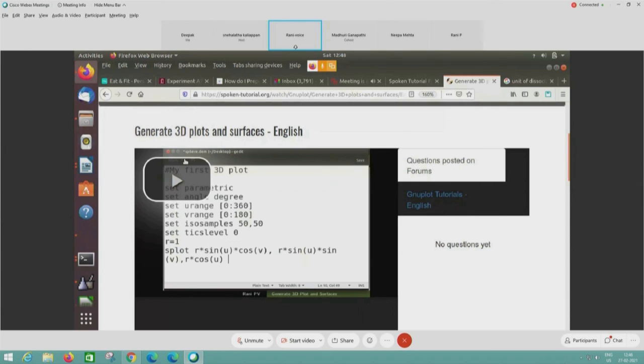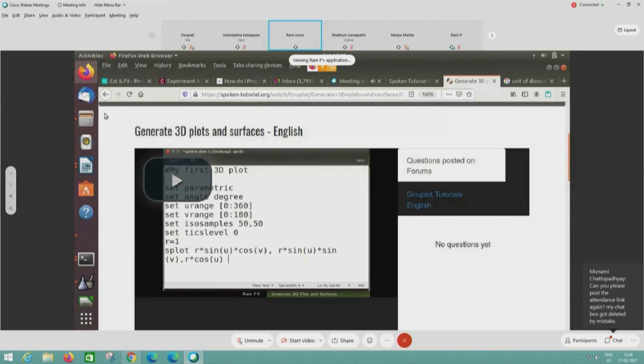And this script, for example, plots a sphere with a radius of 1. And this is the function to plot a sphere. And we can make several kinds of surface like what we saw in the first tutorial GNUplot web page.